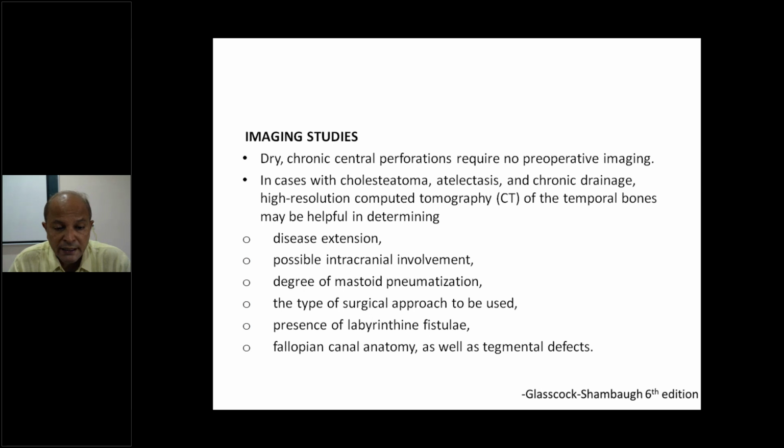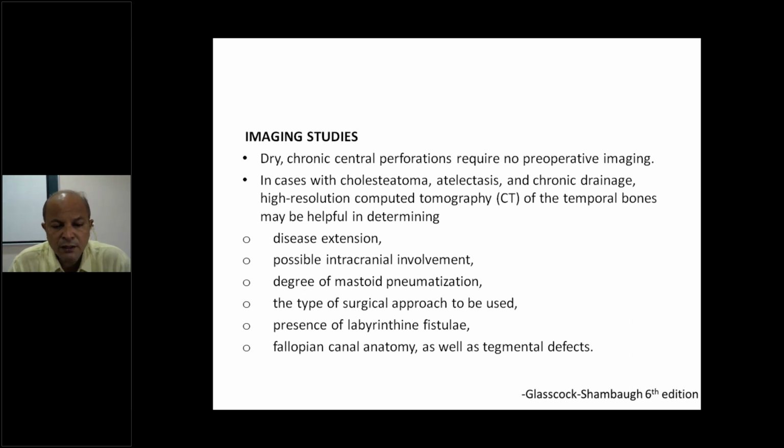Well, fallopian canal anomaly is very difficult to see in an X-ray, but CT will give you the clue. Tegmental defects, to some extent, you can make out in the X-ray, but here CT scan will give you a very vivid dimension of the tegmental defect. But fallopian canal anatomy,